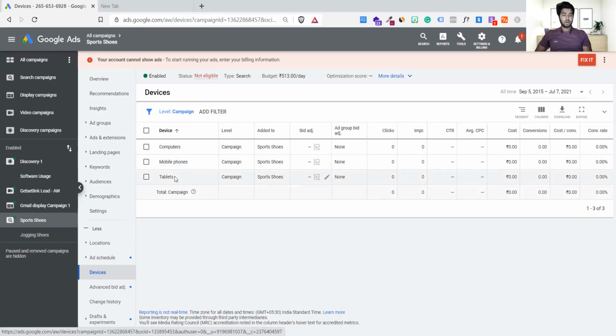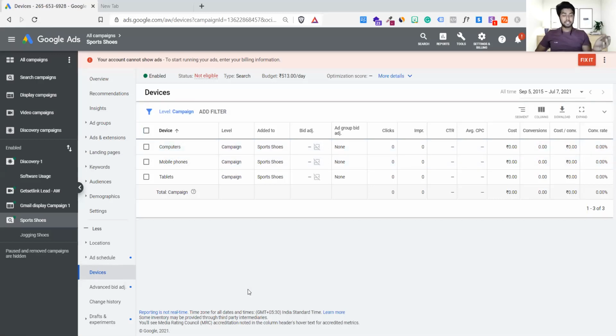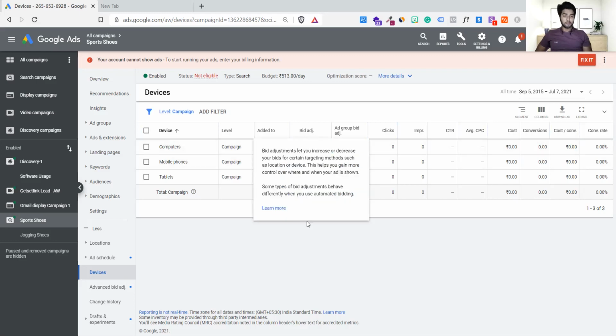What will I do? I have two options right now. If I were in your place, I would do two things. One thing is to totally exclude this factor: I can click here and exclude it. And the second thing is I can do some balancing. What is balancing? You can see there is a bid adjustment right now. What is bid adjustment?